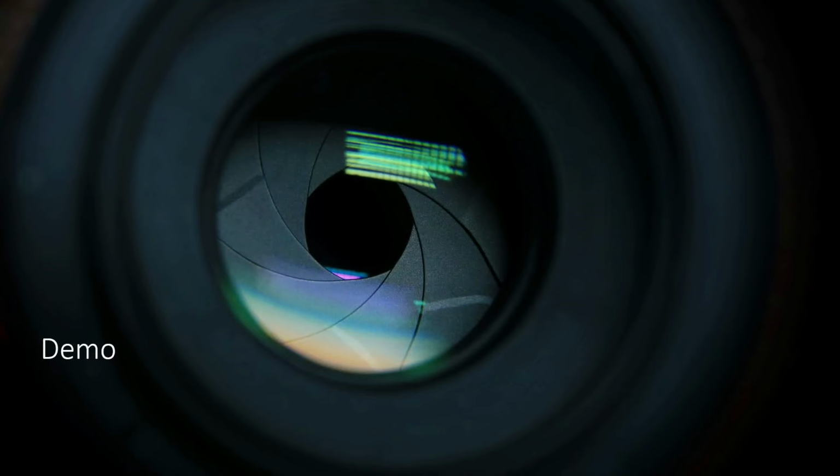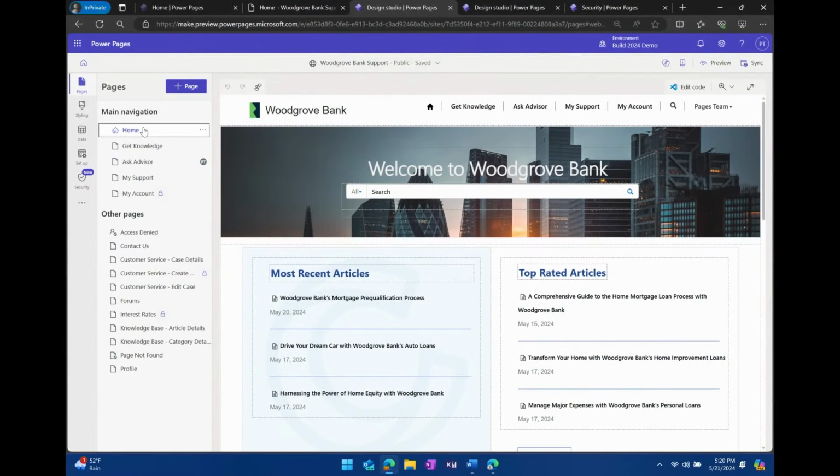These centralized security and governance tools will empower makers and admins across organizations to be more confident in their journey of creating, customizing, and launching Power Pages sites. I now invite Vinay again to demo these security and governance features. Thank you, Dipti. So,